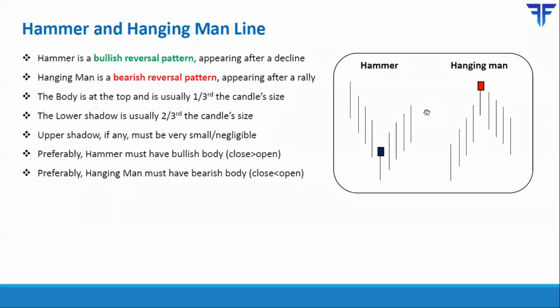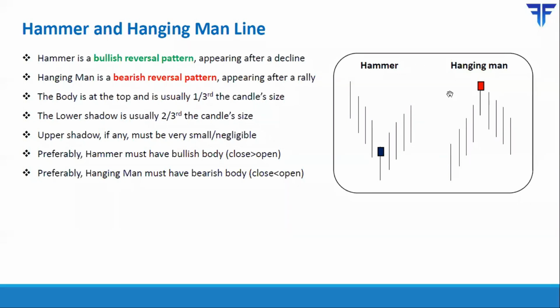So how do you trade a hammer pattern? Once a hammer pattern is printed, let us say on a daily time frame, that is on the daily chart, on the next candle, if the low of the hammer does not break, and if price breaks above the high of the hammer, then it indicates a change in trend from down to up. It signals that a trader can buy once the high of the hammer is broken, keeping a stop loss below the low of the hammer. So that is how you typically trade a hammer pattern.